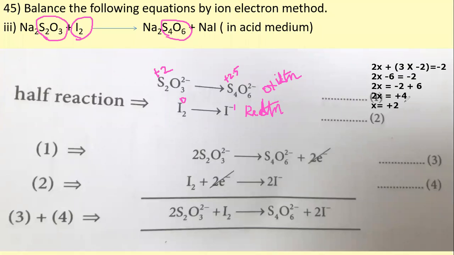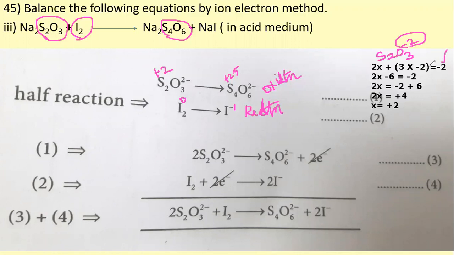Here you will get for S2O3 2 minus. Anytime, some of them are making a mistake: if you are having a charge, then after the equal to, you have to write the charge here. Okay, see here, this will be the question, right? In S2O3 2 minus, here this minus 2 must be written like this.